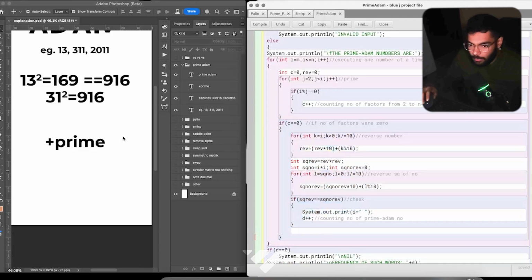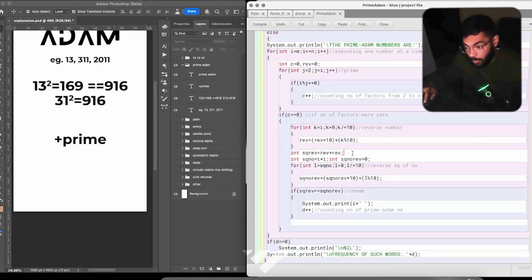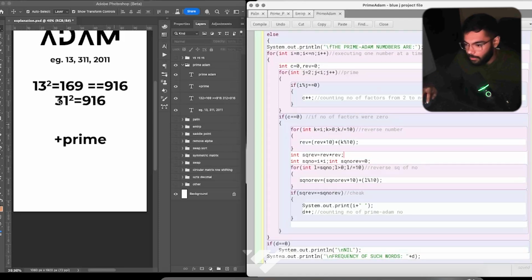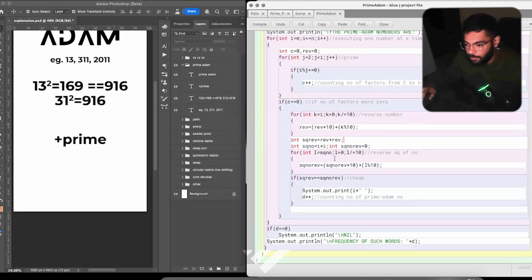number or not. Adam number is square of the number is equal to number, and then the reverse of the number is equal to square. Okay, so we reverse that number, then we square that number, reverse into reverse. Here we reverse that number, and we reverse that number. Okay, perfect. Then we square that number. Here we have 916 right now. Then we square the number, 13 into 13, 169, and then we have to find the reverse